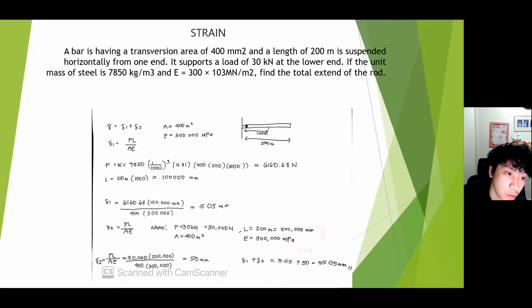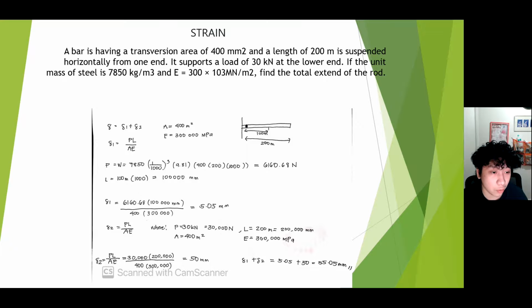extent of the rod. So in elongation, the formula will be elongation 1 plus elongation 2. So given, ang area natin is equal to 400 mm squared, then yung E is equal to 300,000 MPa. So in elongation 1, gamitin natin formula is PL over AE. So P is equal to